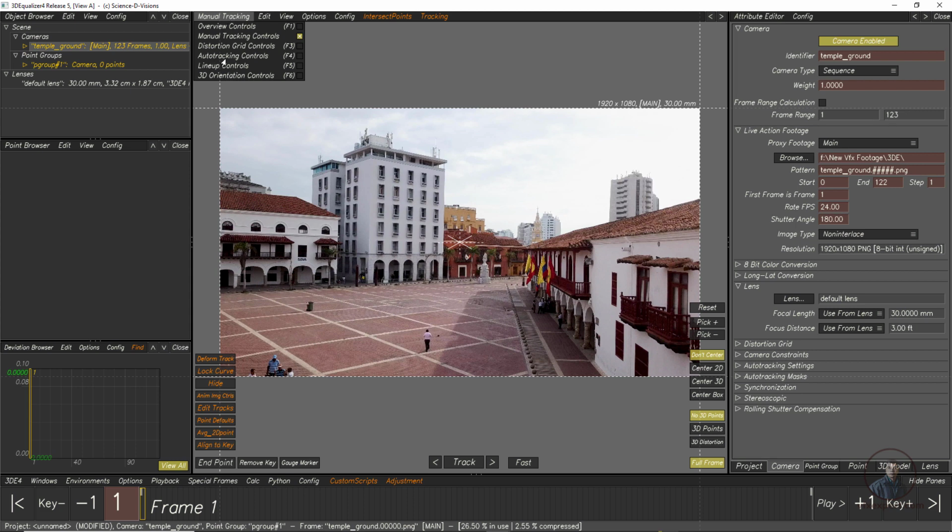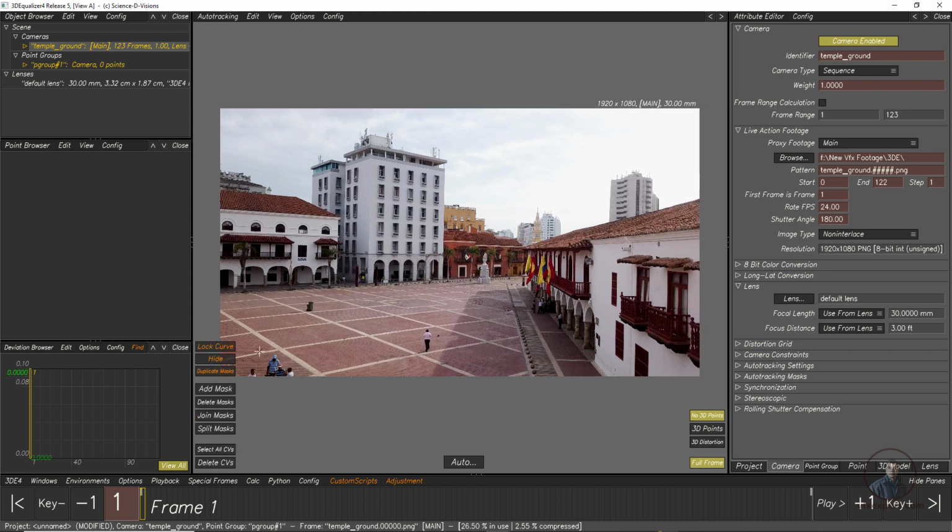When you select auto tracking, this will automatically change some options here, and we can track this shot with the help of auto track. Even at the bottom you can also see the auto track options here. But here I am going to track this shot with the help of 2D tracking or manual tracking. So again remember this one, we have to switch to this manual tracking controls panel. This is an important thing.